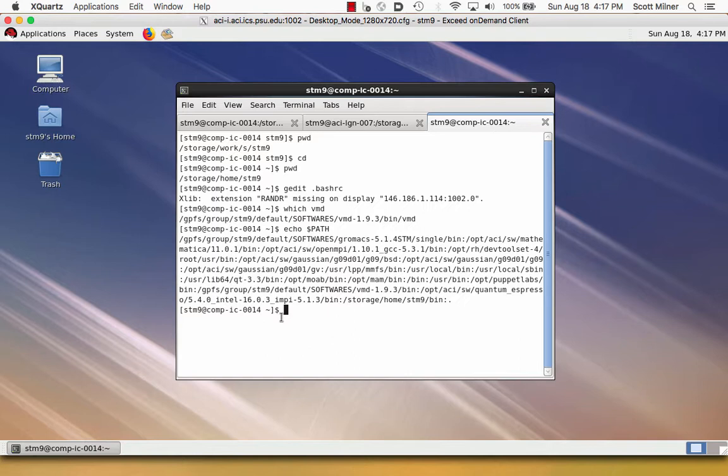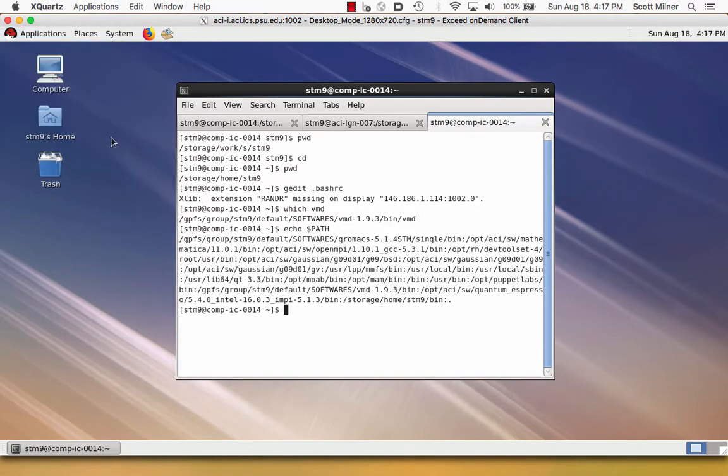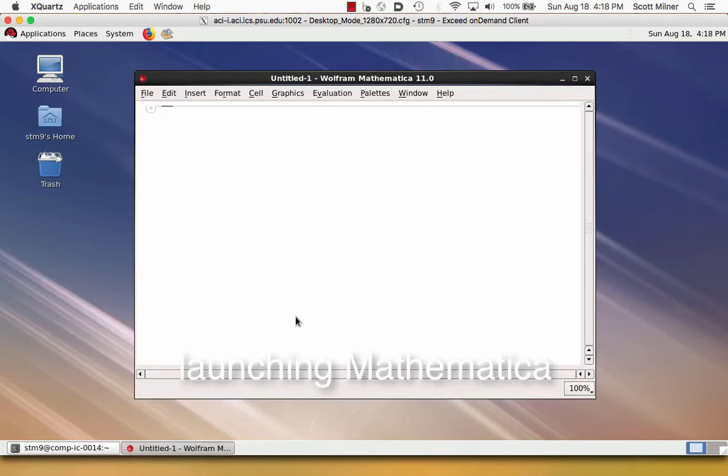As I mentioned before, we can launch many programs from the command line that are not, for example, available over here in the set of pull-down menus. In particular, I can launch, say, Mathematica. Mathematica takes a moment to load. We see this sort of welcome icon, and then we have a screen very much like the one if we